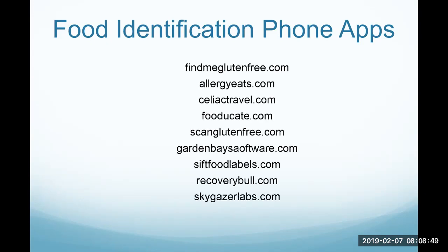So the evolution of the gluten-free diet has been rapidly progressing over the last several years. In the last 10 to 15 years, there have been several phone apps that have come in, and they not only identify gluten, but some of them actually identify pretty much every ingredient. So if you want, you can keep scanning all the barcodes, and you will know what they have.